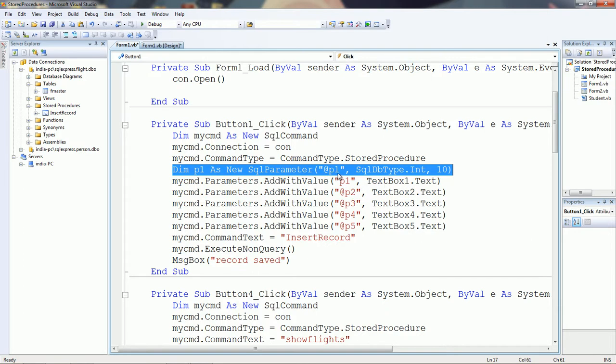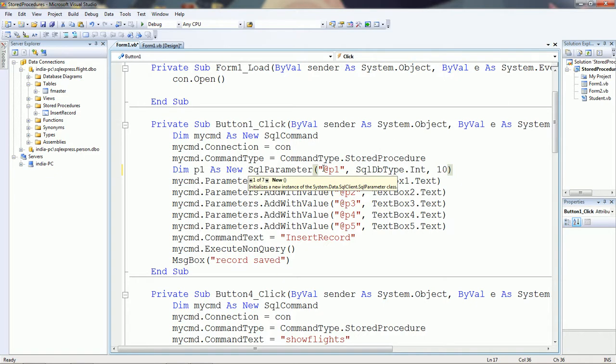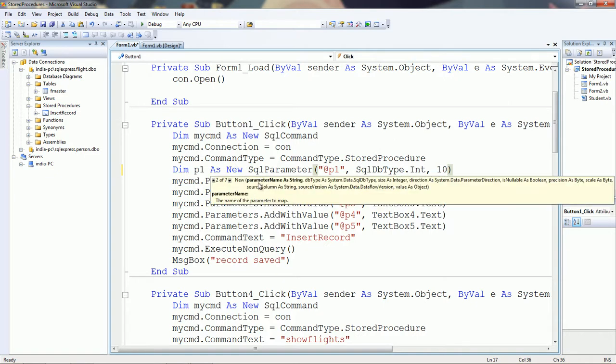Give the name of the first parameter with the at sign, as @p1, SQL type dot integer comma 10, because this parameter is of integer type, with size 10.